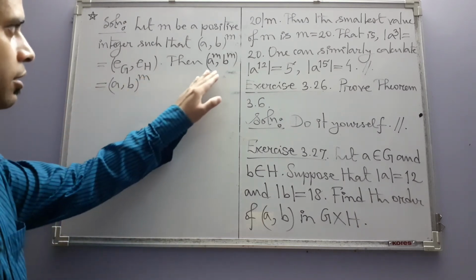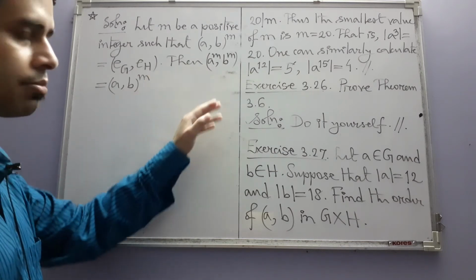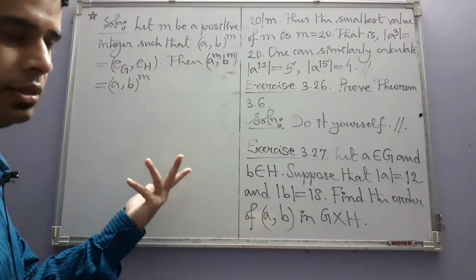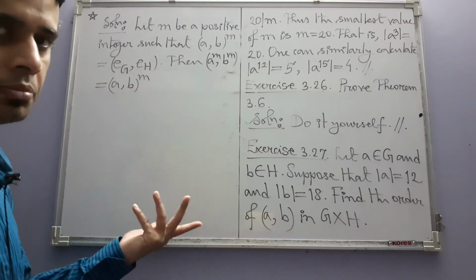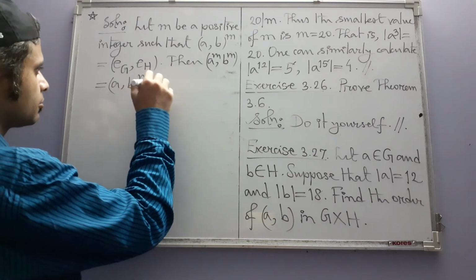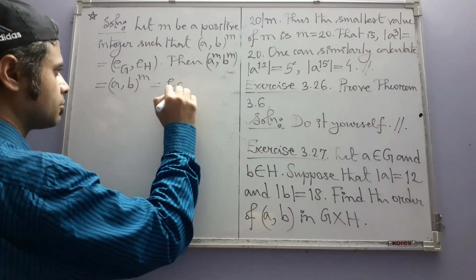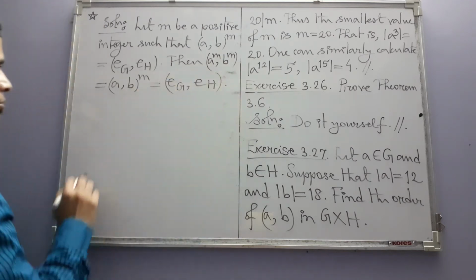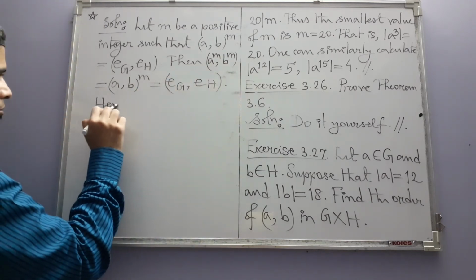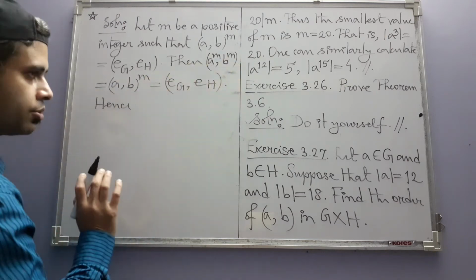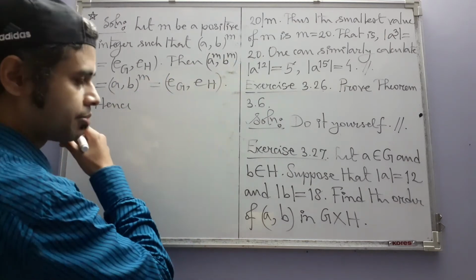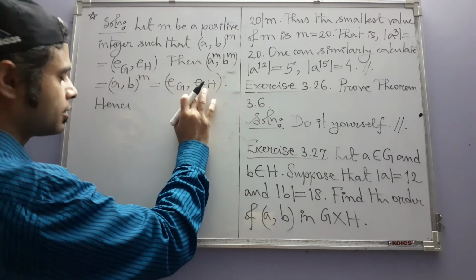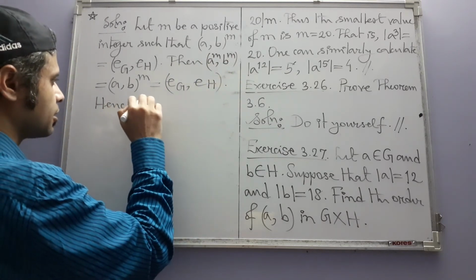You can convince yourself that this is true by taking some small values of m, or you can rigorously prove this fact, which is very easy, by induction on m. Hence, by the definition of equality of two ordered pairs, they are equal if and only if their corresponding coordinates are equal. So we must have